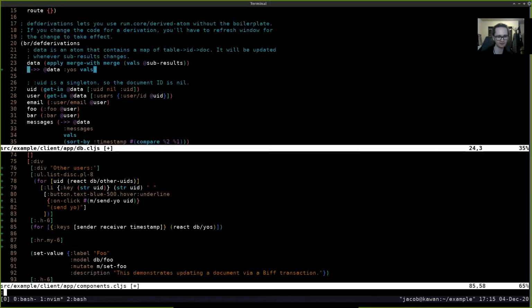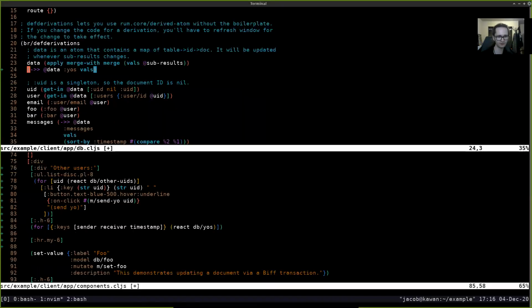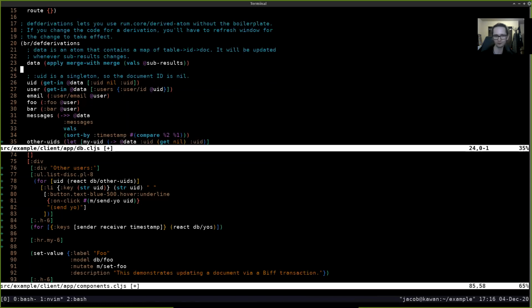Let's see if I can connect again. Data, yos, vals. Oh, please don't do this to me. Okay, well, I won't waste your time figuring out why my REPL connection won't work, but